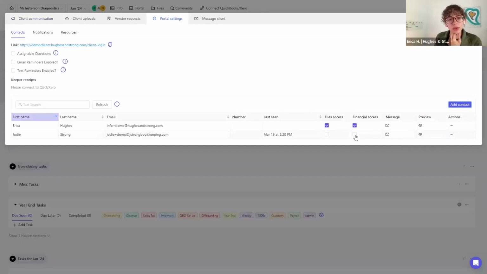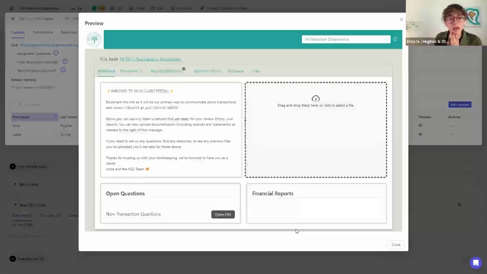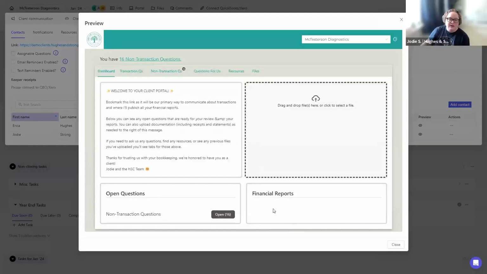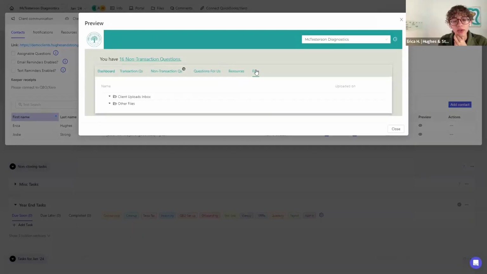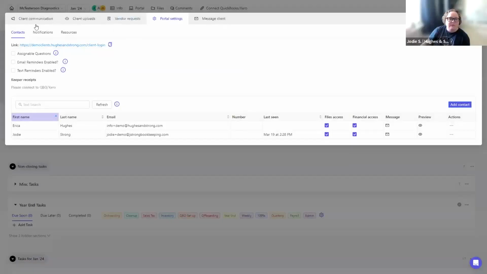Honest question, for non-connected clients, do you have files? Could you use files for that to create a folder? Yes. Okay. Yeah, you can, because you'll have